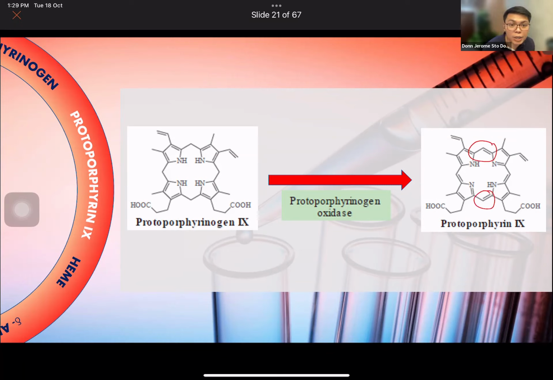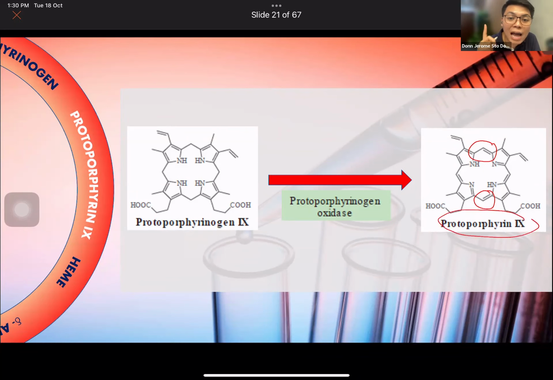May significance ba yon? Yes, no? Because presence of double bond allows the porphyrin to absorb light and eventually display color. So ito po yung biochemical explanation why our RBC, why the hemoglobin is red in color. Because the protoporphyrin present in it can absorb light and display color. Okay? Nasundan po. Later on, matututunan din natin that when these porphyrins